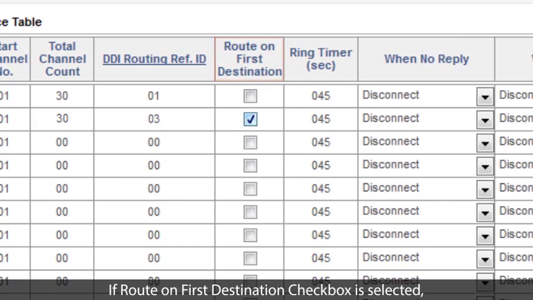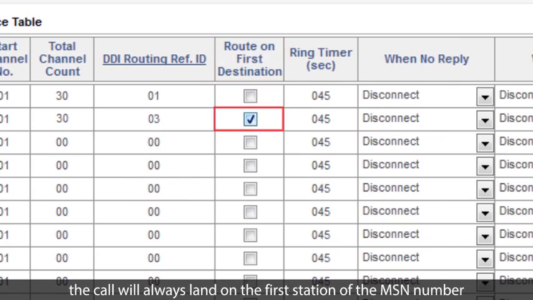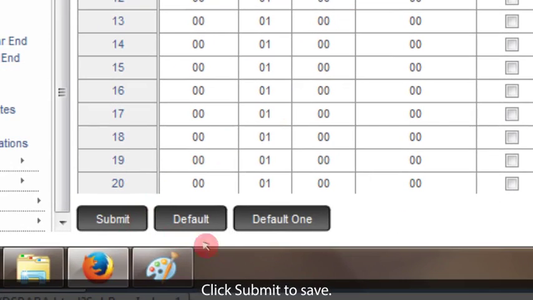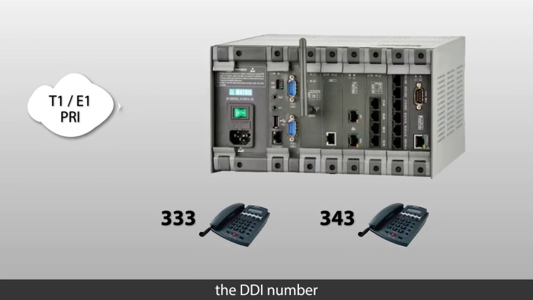If the Route on First Destination checkbox is selected, the call will always land on the first station of the MSN number, else if it is not selected, then it will be routed to the identified target extension. Here, the checkbox is not selected. Click Submit to save. Proceeding toward the last requirement where the DDI numbers